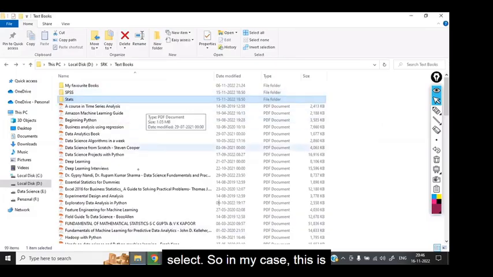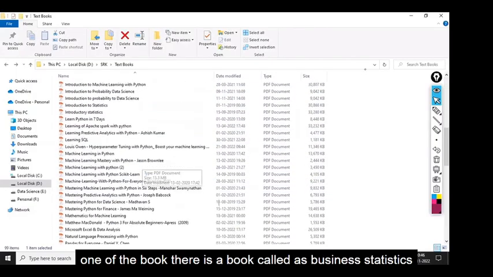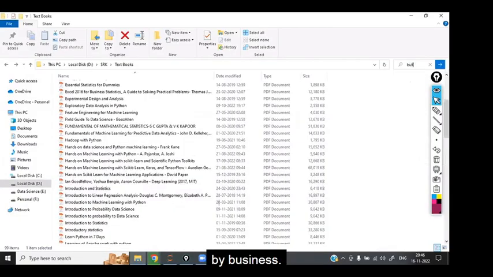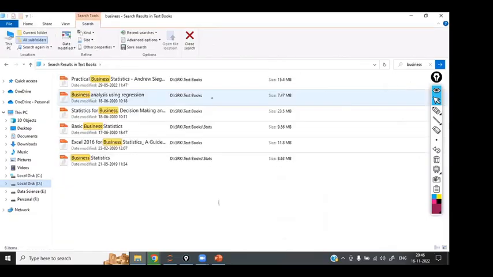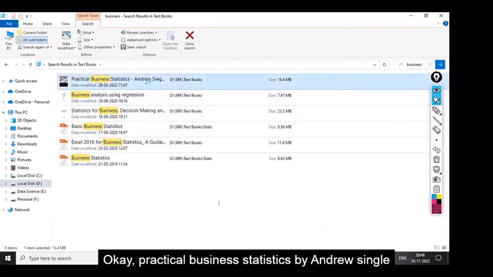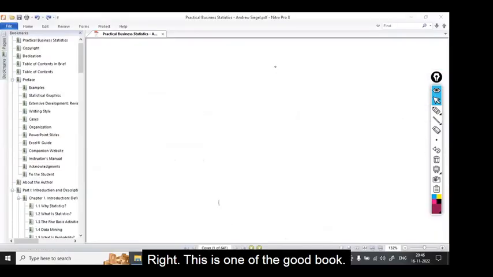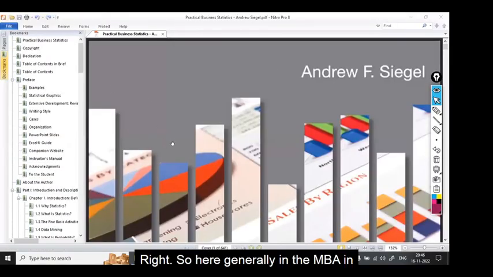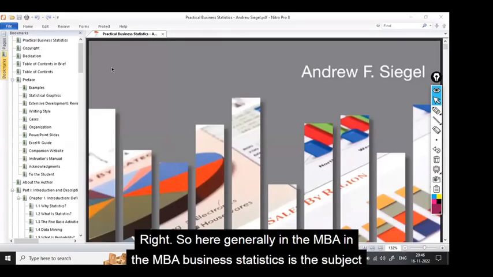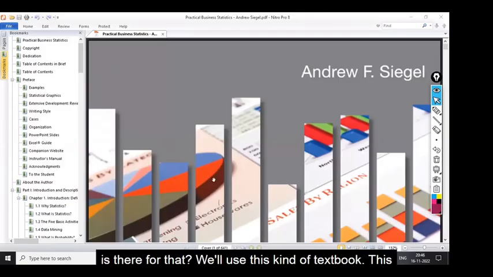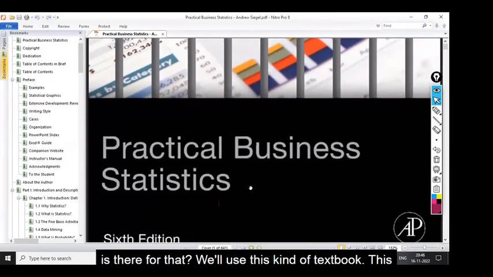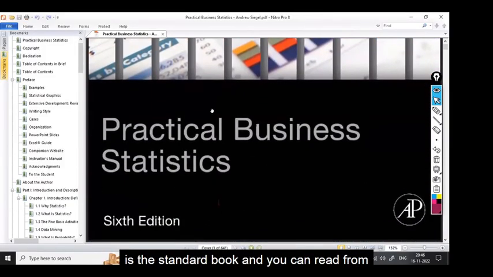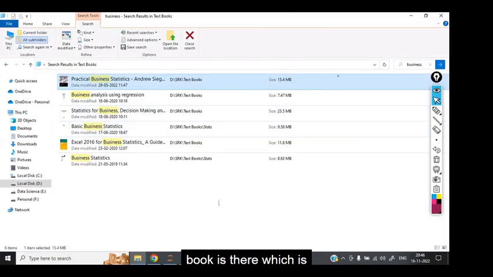So in my case, this is one of the books. There is a book called Practical Business Statistics by Andrew Siegel. Right? This is one of the good books. Generally in the MBA, Business Statistics is a subject. For that, we'll use this kind of textbook. This is the standard book, and you can read from this. This is one of the easy books. And one more book is there, which is